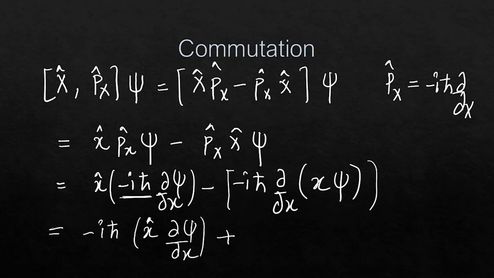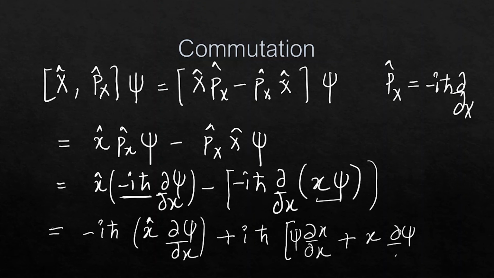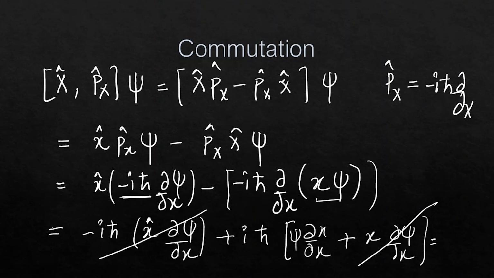We can take out the constant minus iota h cross. Minus minus goes to plus iota h cross. So we have to differentiate these both, using differentiation by parts: first we differentiate the second as it is, differentiating the first, and then the first as it is, differentiating the second. If we open this, then these two terms get cancelled out, and we are left with minus iota h cross psi, where del x by del x goes to 1.